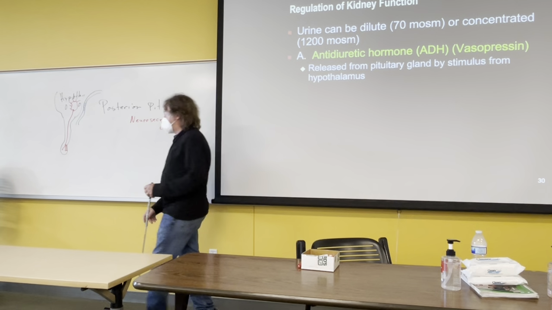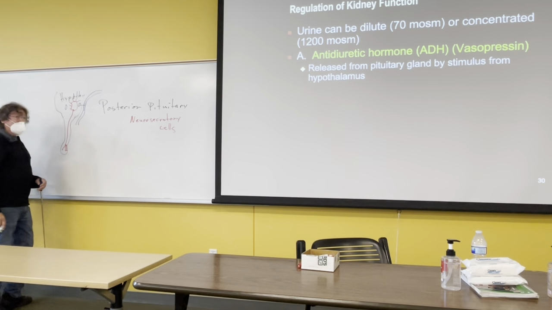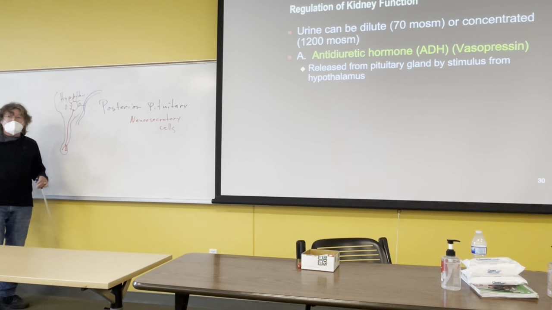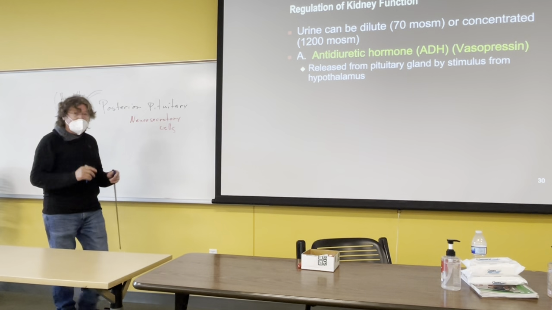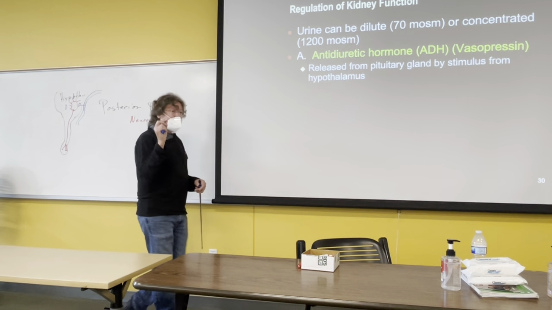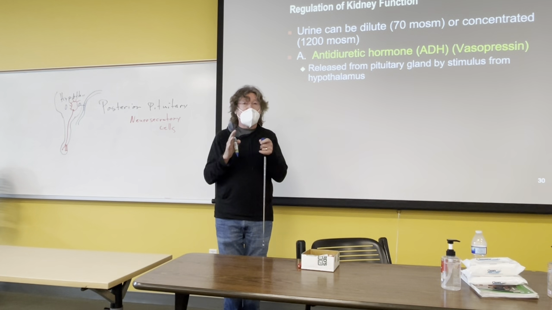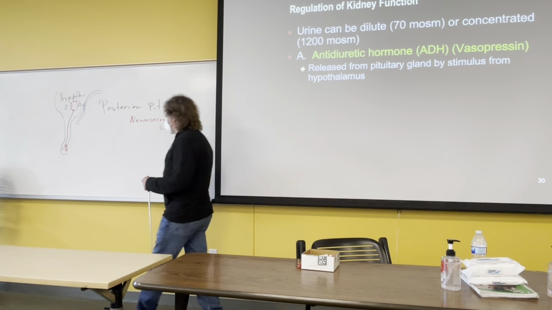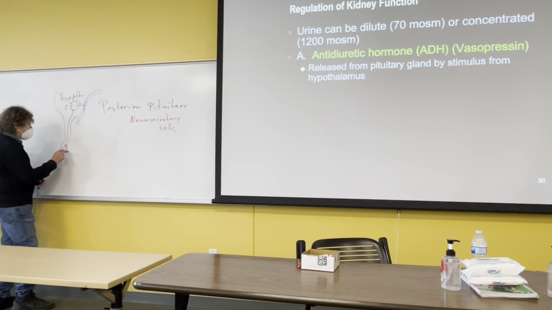And so that drags water out of those cells. No, they don't collapse completely, but we're dehydrating those cells a little bit, and they have stretch receptors in the plasma membrane that can detect that change in water. Okay, that is the stimulus that leads this axon termini to release antidiuretic hormone, which goes right into the bloodstream